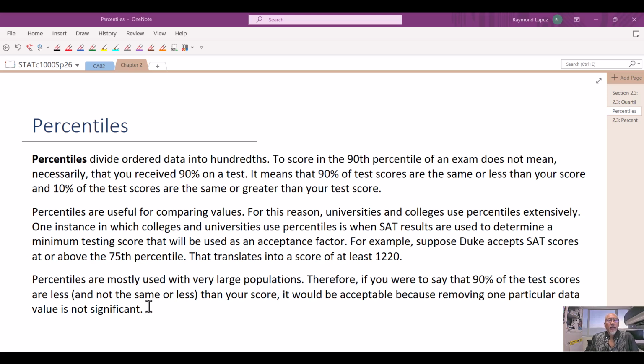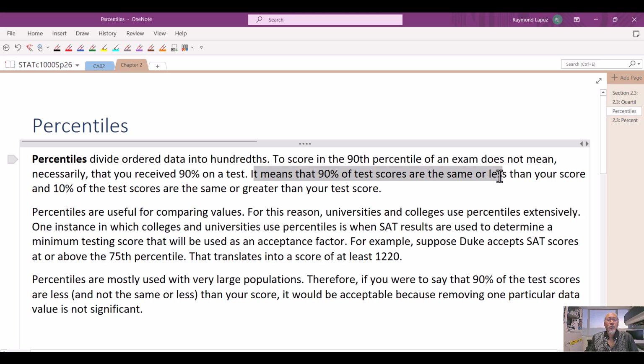Percentiles are a way to divide our data set into like 100 pieces. Let's say you're taking a test and you scored in the 90th percentile. It doesn't mean that you got a 90% on the test. It means that 90% of the test scores are less than your score, and 10% of the test scores are greater than your score. So, in a class of 100 people, let's say,